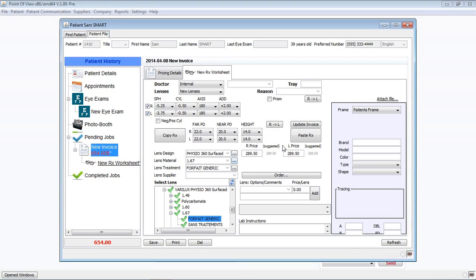And there you have it. The lenses and associated pricing have been added to the worksheet. This demo is currently set for global pricing, but if you prefer via your store settings, you can select detailed pricing, so as to show the prices for each of the items selected here independently. Now I just need to select my lens supplier,